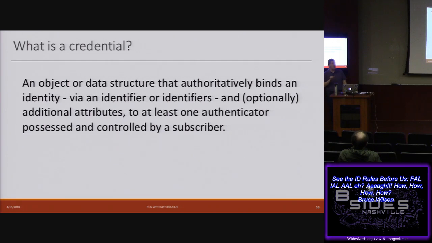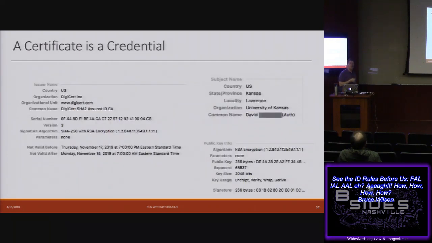This matters too because the world is moving to smart cards. And a smart card uses a certificate. So a certificate is an example of a credential. And so this is an example here because part of what is in this example is a public key that corresponds to a private key. There is the cryptographic signature signed by this trusted authority which binds an authenticator to an identity.